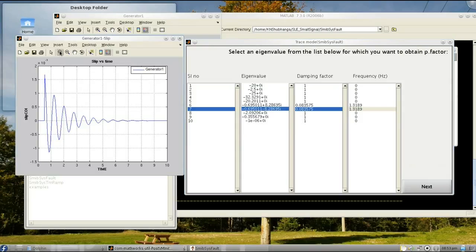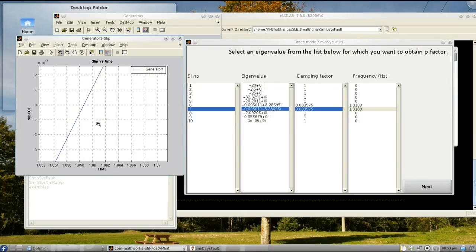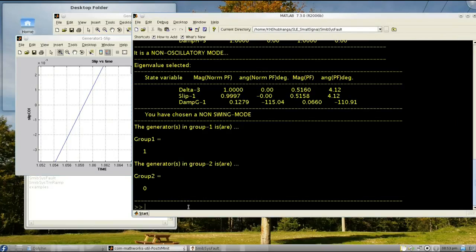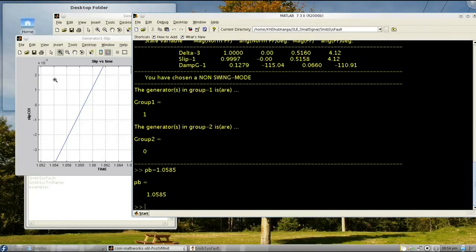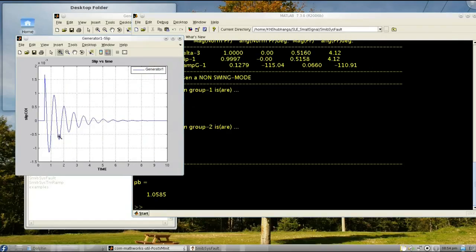So let's calculate the frequency of oscillation for the slip trajectory and validate the participation of the selected mode. So the first point, and the tail of a cycle, it is there.